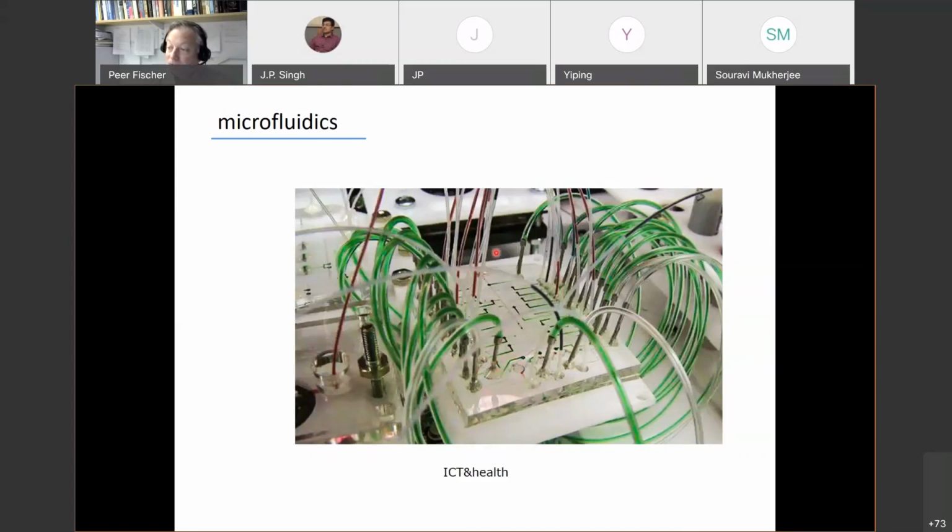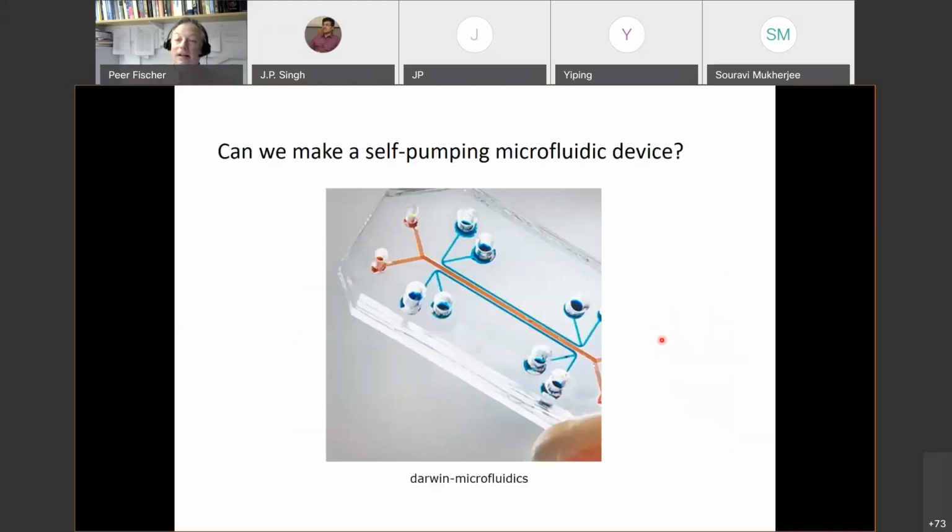Now, this typically makes this much more complicated and less compact. And so the first research question is, can we realize a microfluidic device where we have self-pumping channels, i.e. channels where the fluid,